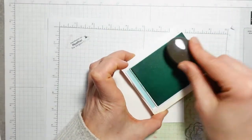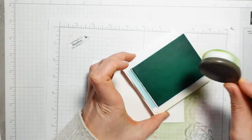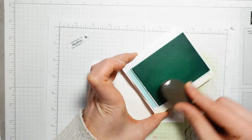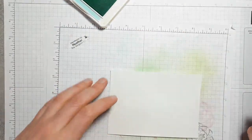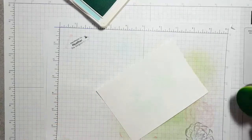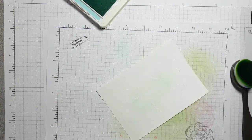So what I'm going to do is kind of go around in circles. Depends how juicy your ink pad is. I know mine's not very inky at the moment, so I'm just going to go around a fair bit. Take the worst off on there, not that there is an awful lot of ink on there actually, but I might just re-ink it quickly if I can find the...